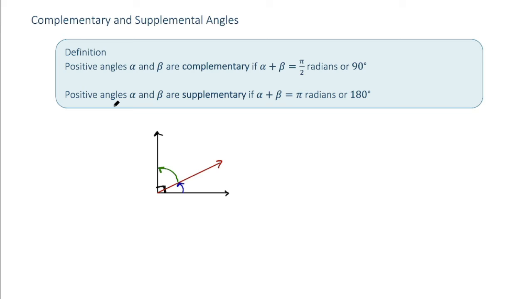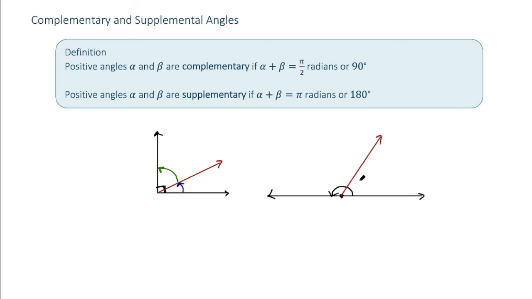If you add two positive angles and you get pi radians or 180 degrees, then that is what we call supplementary angles. And this is where 180 degrees is half of 360, and so we get what looks like a straight line. And so some angle that you would have here,